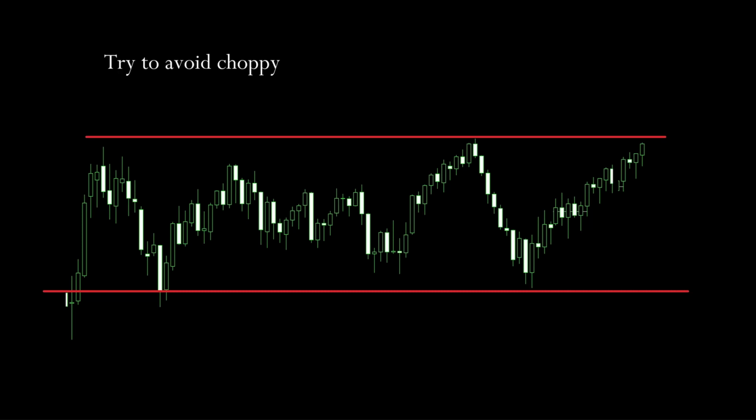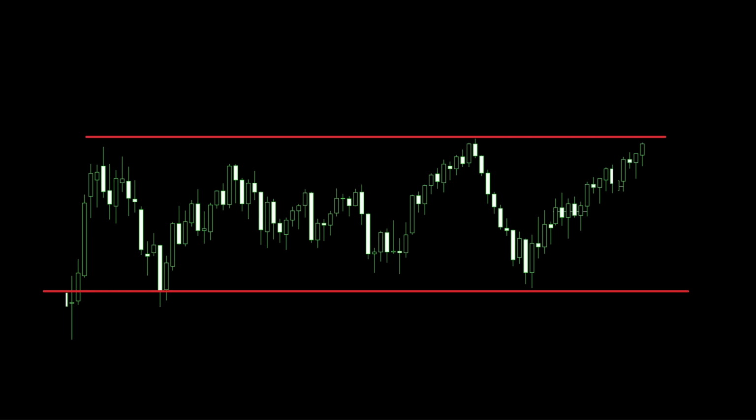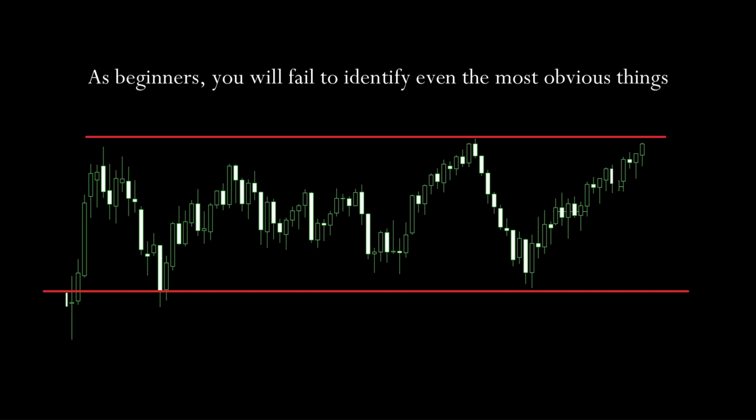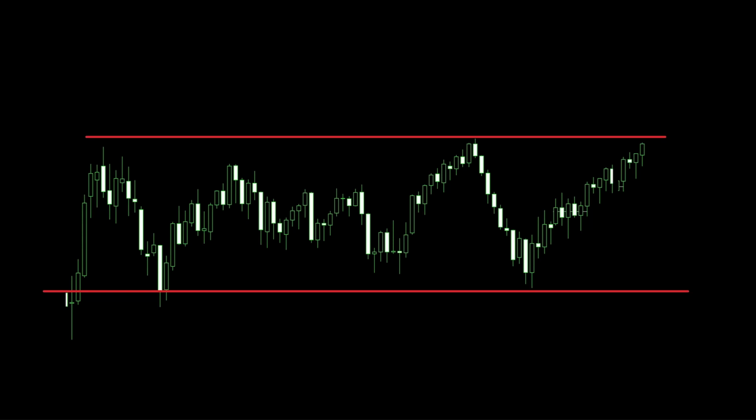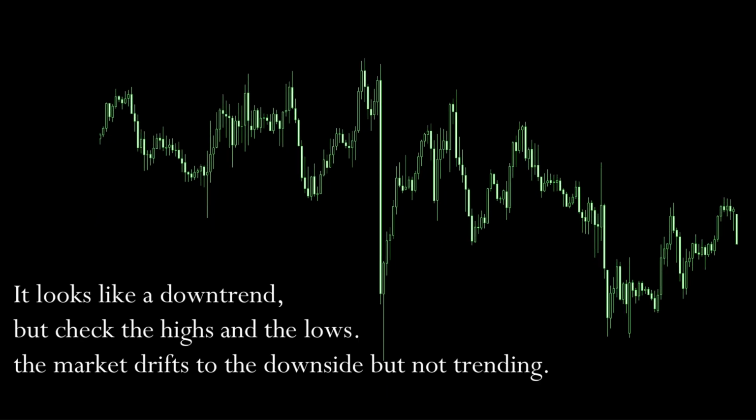Of course, it's not easy to identify that right away. A good and simple way to say if the market is ranging, other than using your eyes, is to use the ADX. I know it might sound strange, but especially beginners fail to see the most obvious things. A reading below 25 means that there is no clear direction. I suggest taking a look at the ADX indicator. The market might drift also as part of the consolidation. It will look like the prices are heading in a direction, but still the higher highs won't be so far away from each other. In choppy markets, you will use Bollinger Bands, ribbons, alligators, and so on.